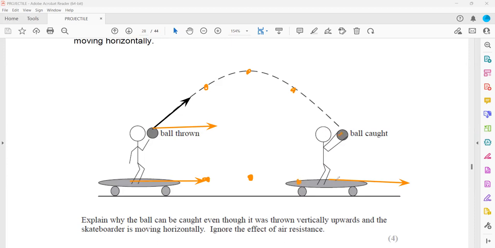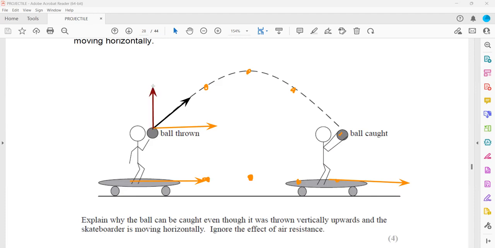If horizontally it is 4 meters, this will also be 4. So the horizontal distance will always be the same for both. The ball will always remain above the skateboarder because they have the same horizontal motion. The vertical components will be different. When he launched initially, the vertical component will be